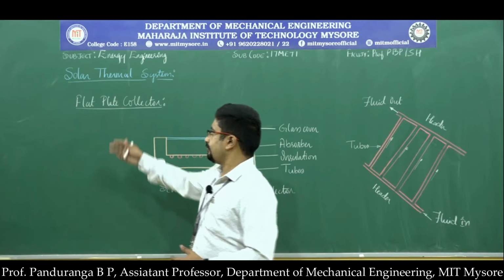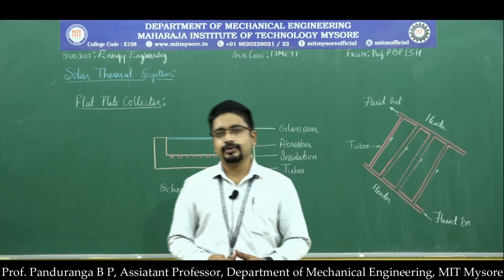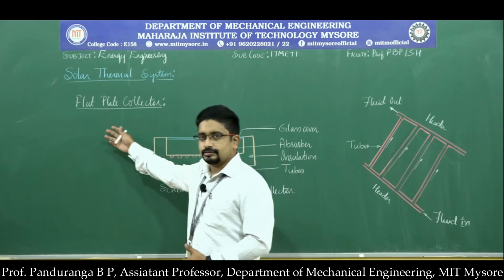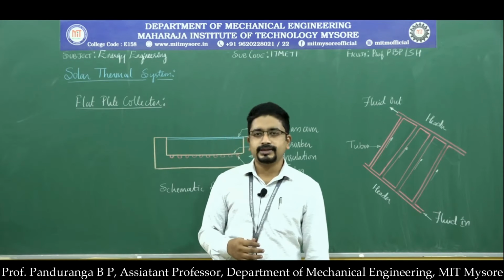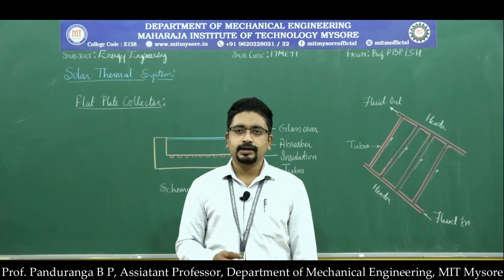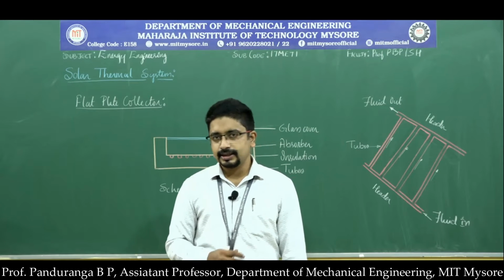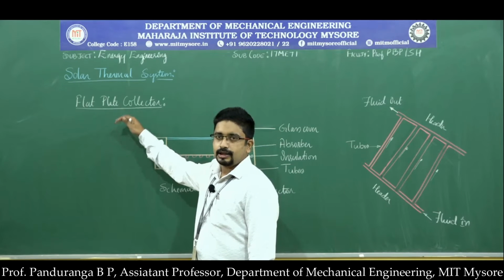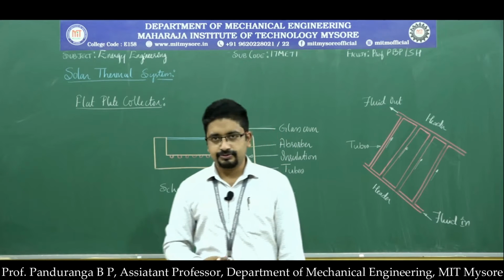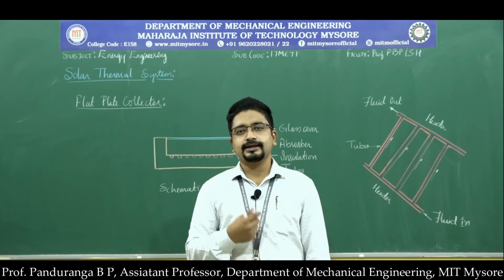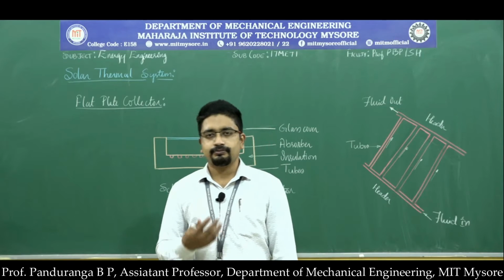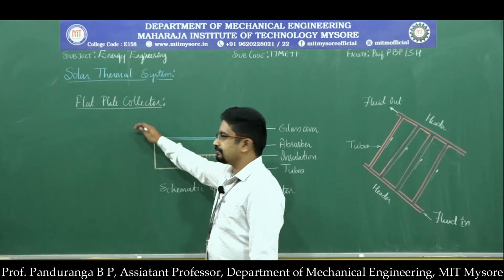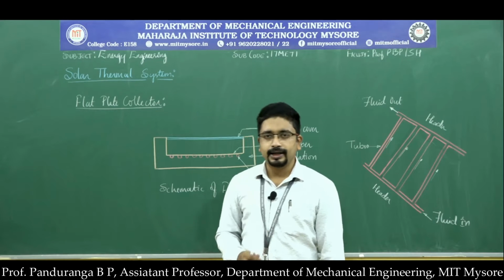Here the first and most commonly used device to capture heat energy from the sun is the flat plate collector. Nowadays we rarely see these kinds of flat plate collectors, but these are the most commonly used collectors to heat water. Now we have evacuated tubes, which we will learn later. Those cost a little higher. So if you want a water heating system at a lower budget, then a few people go for flat plate collectors even now.